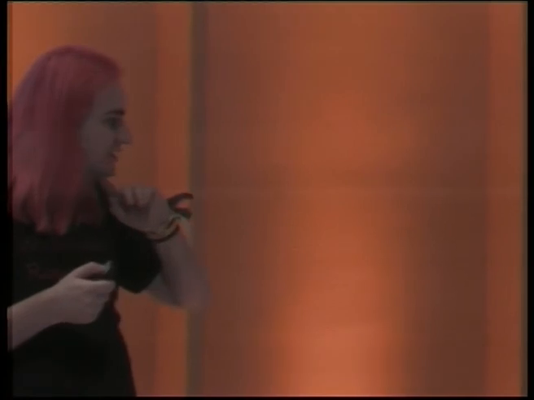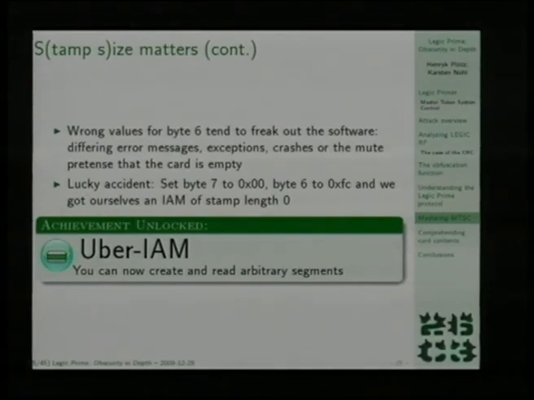For my first try, actually, I hadn't even reverse engineered the CRC at this point. I was just trying all the CRC values in order, or the 256 bytes. So I wanted to have meaningful values in these fields. I set byte 7 to 0, byte 6 to FC, then tried out all the CRCs, and turned out I got myself an IAM, but an IAM with a stamp length of 0. As you have heard before, for the stamps or generic code, it's a prefix match. So a stamp length of 0 matches all prefixes. I now have